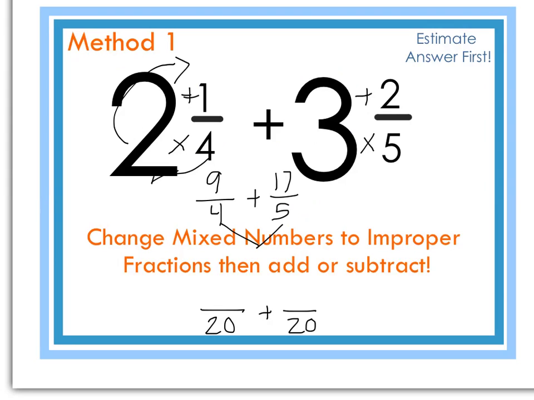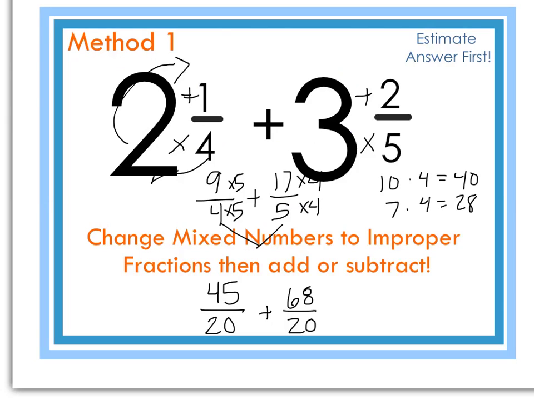Okay, if I multiply this by 5, I got 20. So I'm going to multiply the top times 5, I get 45. On this next one, I multiplied times 4 to get 20, so I'm going to multiply times 4. 17 times 4, split that into two groups. Say this is 10 times 4 is 40. 7 times 4 is 28. Put that together and I get 68. Okay, now all I need to do is add my top numbers. I get